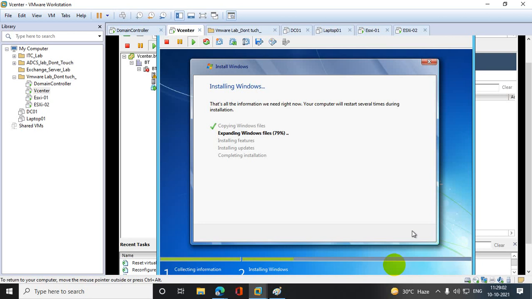Let's wait a couple of minutes, then it will be permanently installed. Then I will take one snapshot. Okay. Then after configuring the RDM, I will again try to take a snapshot and tell you the difference. Okay.